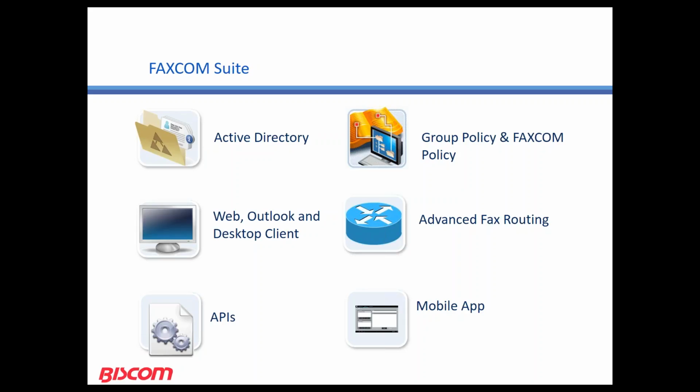There are numerous clients available for users and applications, including web, desktop, mobile, and Outlook clients. Mobile clients are available for Android and other devices such as iPhones and iPads. The web and desktop clients have the ability to send and receive faxes with options for workflow capability and broadcast